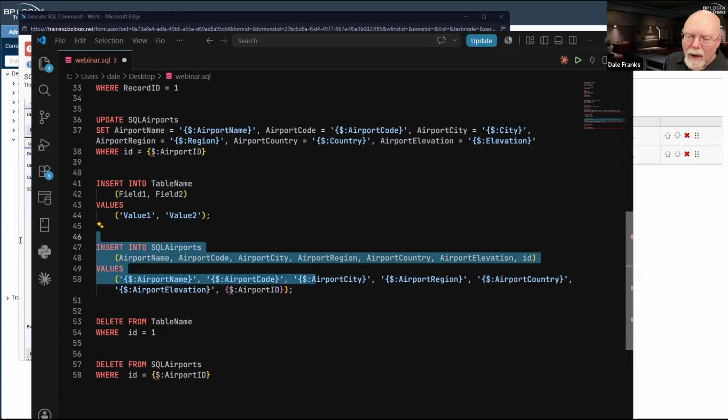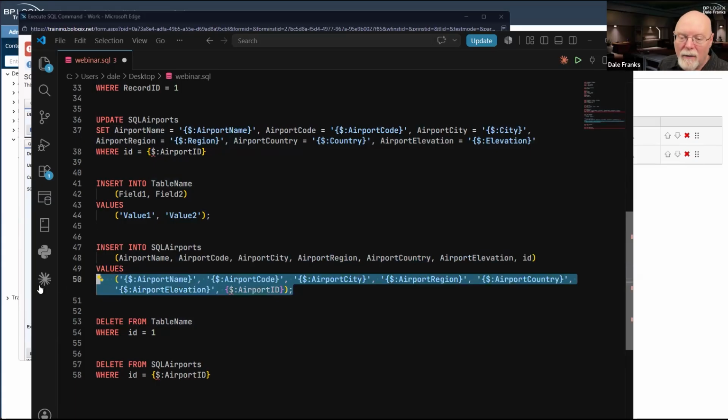So I'm doing all 7 fields, and I think in most cases that might be what you do. Especially if you're creating a new record, you might want to fill in a complete set of fields for that new record. And maybe you wouldn't even want to allow the update button to work unless there was a value in all of those fields.